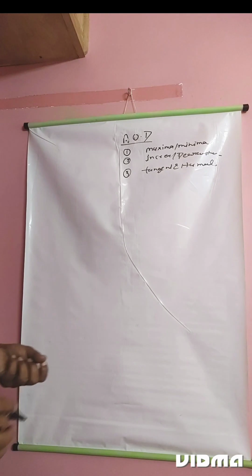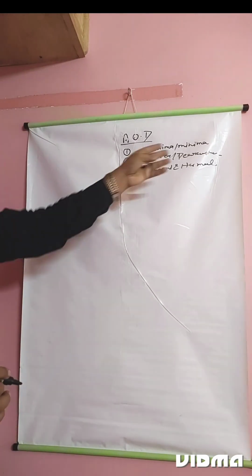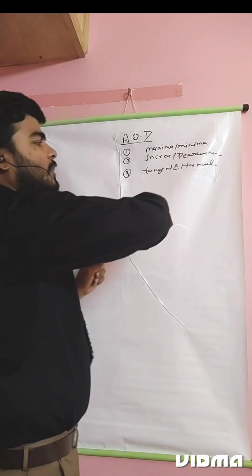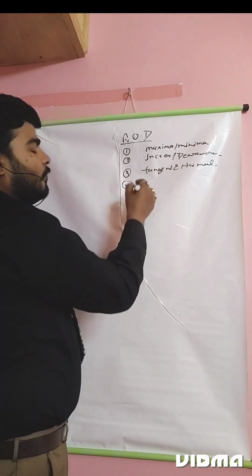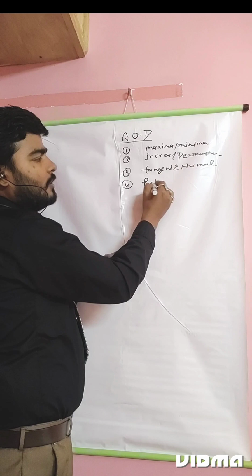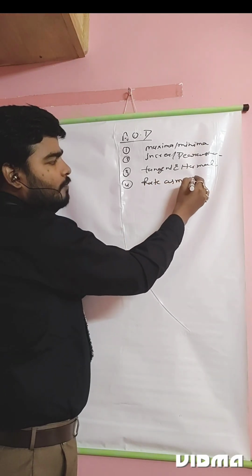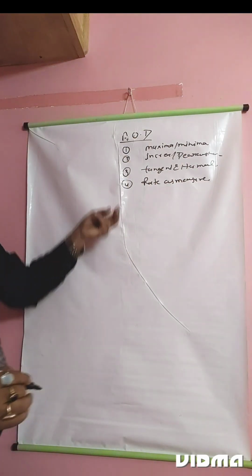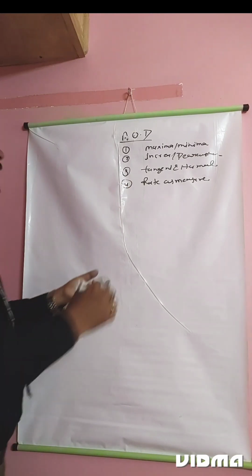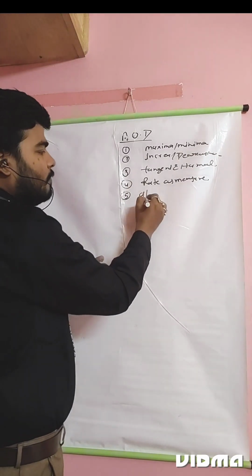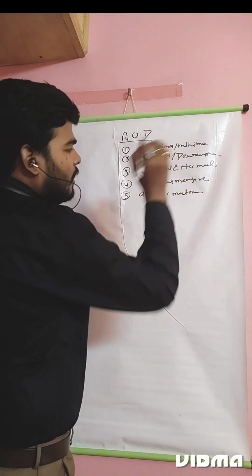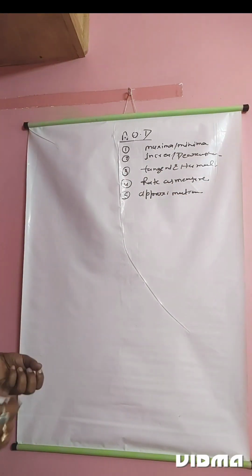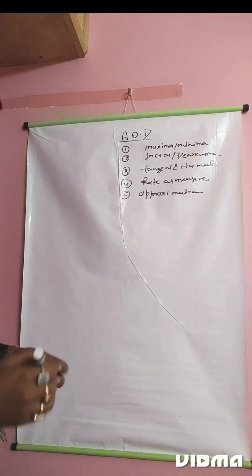I think in class 11 you have already studied tangent and normal, but here we will study it according to application of derivative. And the fourth is rate of measure. Rate of measure is also a part of application of derivative. And the fifth is approximation. The last topic, approximation, is not as important as the other four, because